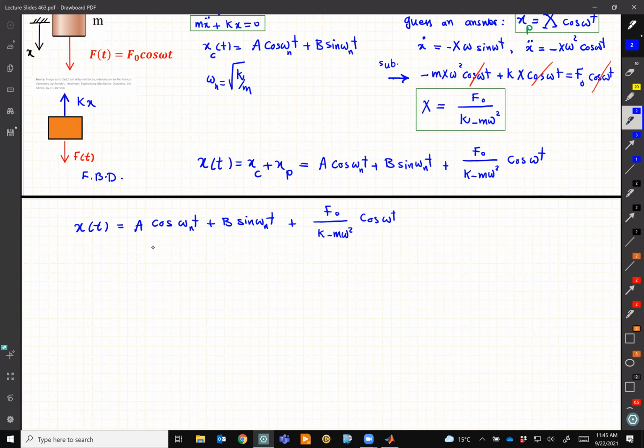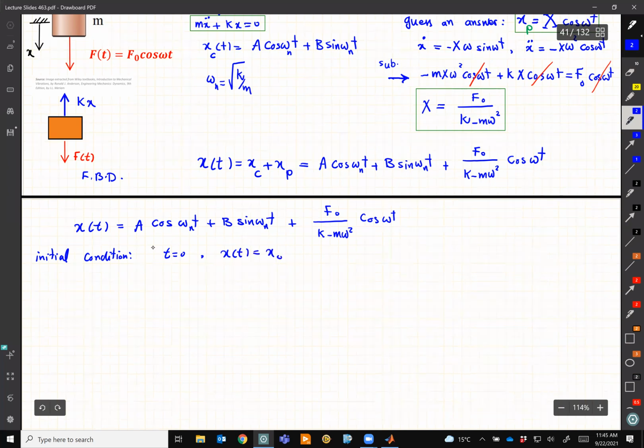which, similar to the free vibration, we need to find based on initial conditions. Let's say I have an initial condition, let's say at time t0, x(t) will be x0, and at time t0, let's say x dot (t) is v0. Like a general case, I have x0 and v0. If I substitute them, simplify everything, I would get x(t)